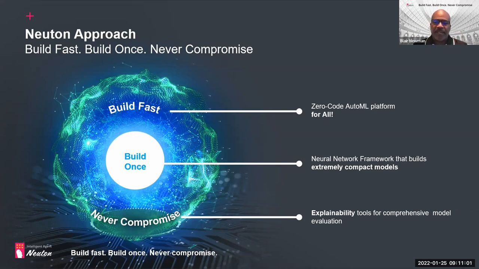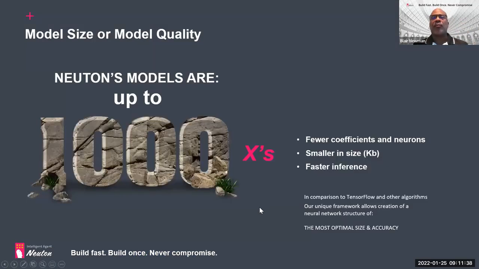And then lastly, when we talk about never compromising, this is where we talk about our explainability office. Our explainability office gives all of our customers and partners the transparency they need to see into all of our models. In doing so, we also provide a lifecycle management tool so that they can proactively identify if there's any model decay and they may need to retrain their specific model. So this is really a three-step approach, highlighting the three fundamental areas that we have found our customers find extremely valuable.